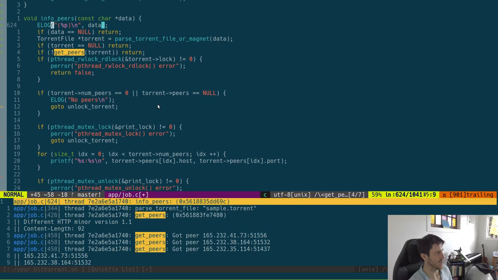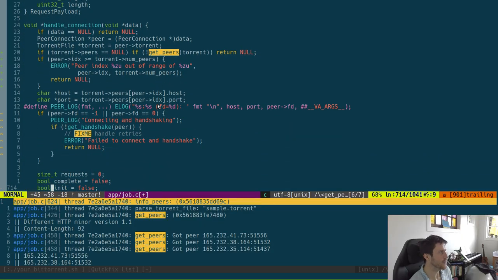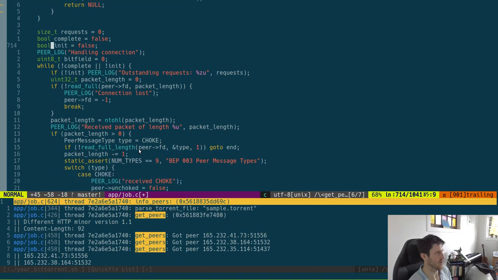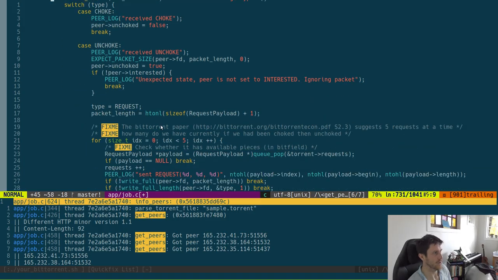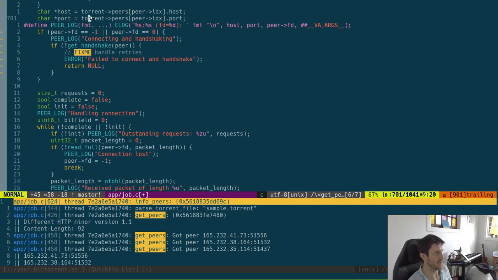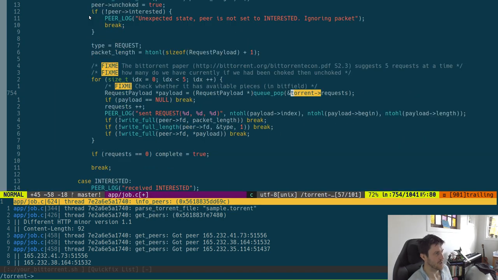And that's that. Now, in this handle connection, we just do not do any locking at all. So far, it has not really been an issue. So I wonder where I actually might read things from. So we read from requests, but requests should just be initialized at the start, and that